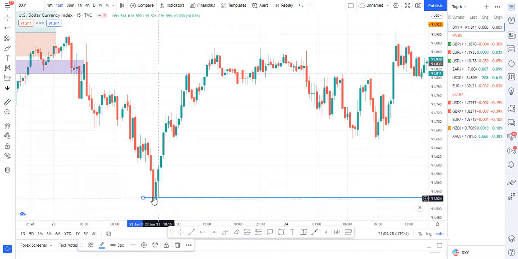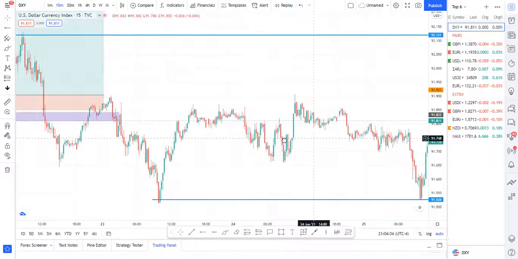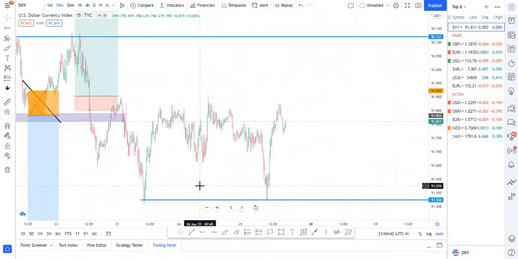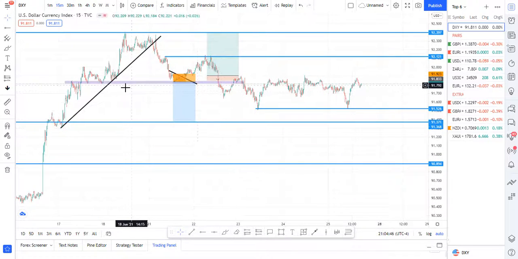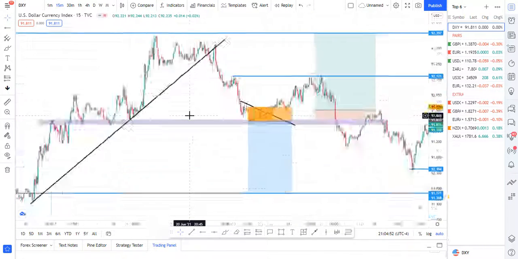So this could be a false breakout, right? A false breakout. And then look what happens here. It touches it exactly, right? Then we could have gone to the top with it perfectly. So always keep that in mind in terms of trend lines. Like they need to touch the wicks, the lows, right? So now